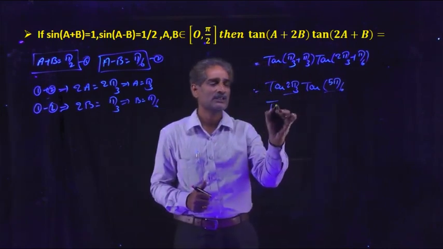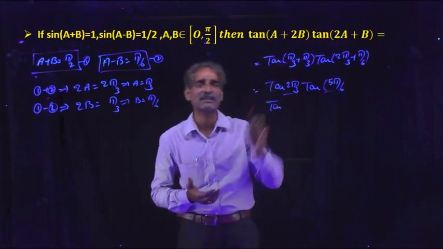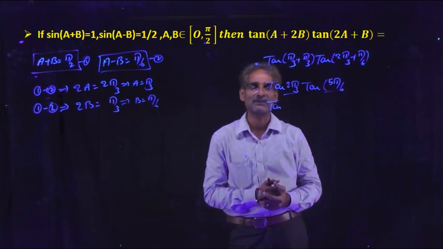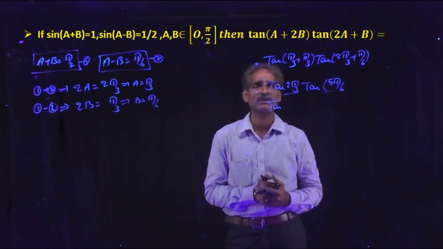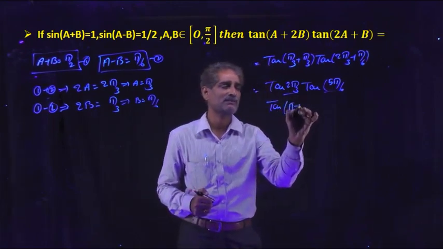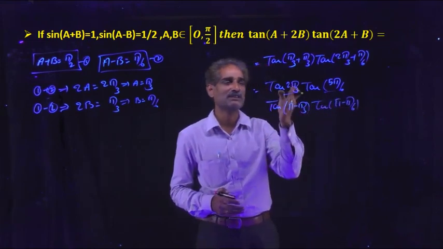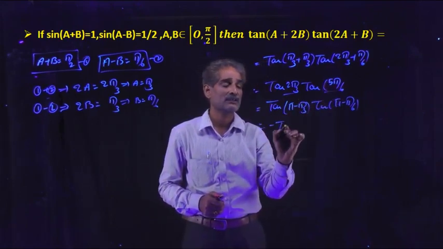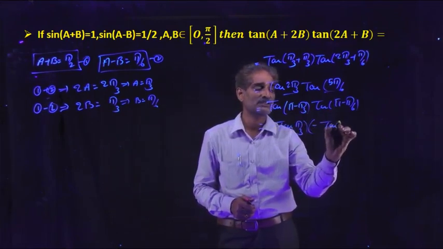So how can you find this? Straight away we can write the answer. Tan of 2 pi by 3, second quadrant angle, 60 degrees, is minus root 3. Tan of 5 pi by 6, second quadrant angle, 30 degrees, is minus 1 by root 3. Understand? Otherwise a plus b, 120 plus 150, we can do like that. See here, we can write tan of (pi minus pi by 3), and here also tan of (pi minus pi by 6). So pi minus pi by 3 equals 2 pi by 3, pi minus pi by 6 is 5 pi by 6. So this is a second quadrant angle, so we can write minus tan pi by 3, and here also second quadrant, minus tan pi by 6.